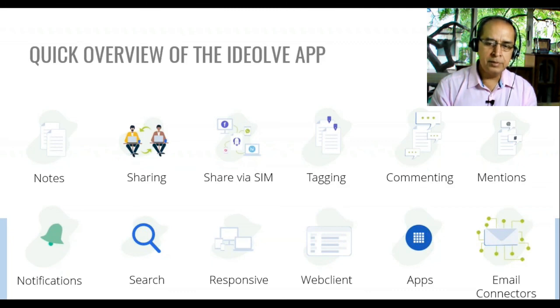It's not a replacement. So we need to look at how I'm continuing to use my email for regular mail flow, and when I come across something which needs deeper and more intense collaboration, I move it to Ideol and then I start discussing there, because I don't want the threads and I don't want that back and forth and overuse of the email storage and the email flows.